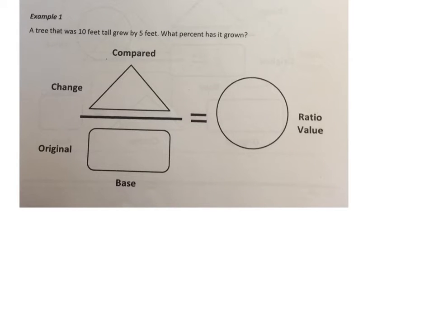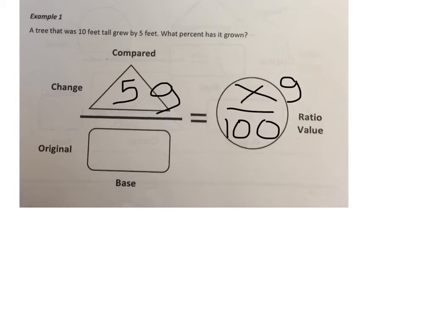Okay, in this question, it says a tree that was 10 feet tall grew by 5 feet. What percent did it grow? So I'm looking for the percent. So right away I know I don't know the number out of 100. So I'm looking for that number out of 100, and I'm going to label that percent grown. So over here is going to be how much it grew. So it grew 5 feet. So I'm going to go ahead and put 5 by the growing spot, and then the total, it was 10